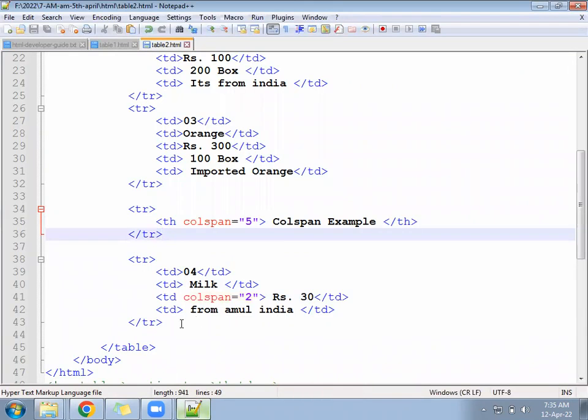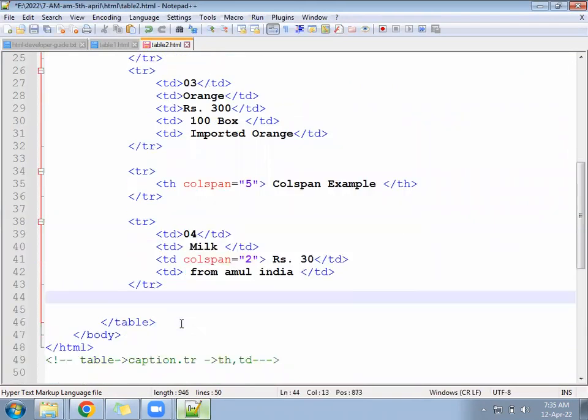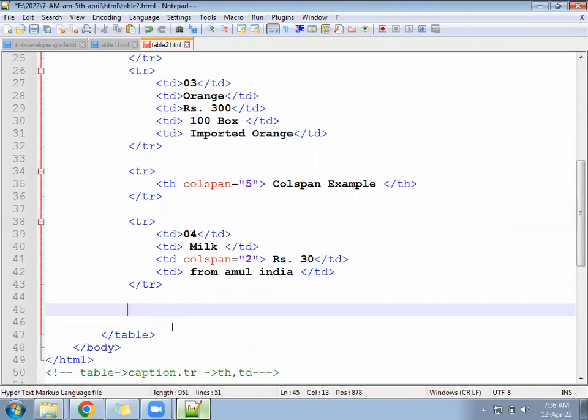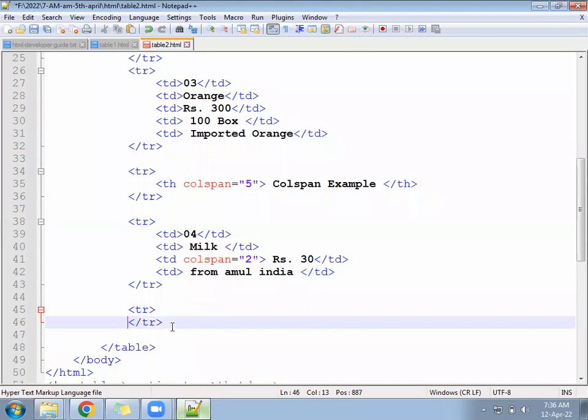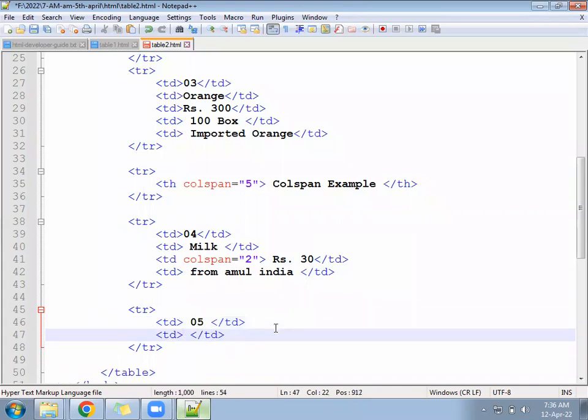Now come next. The product number 5 we have in such a way. We only have the serial number, name and their description. The remaining 2 fields are missing. Price is not available. Quantity is also not available. TR, TD, 05, next TD, something, water, next TD, directly,